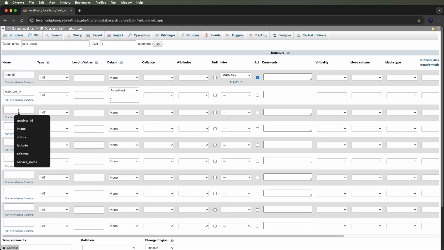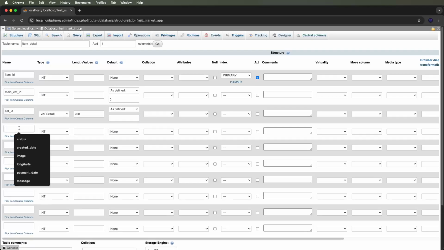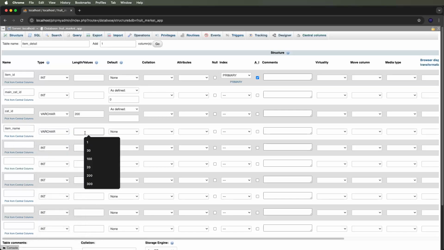Then, for the category cat ID configuration, multiple categories may be available, so we give it varchar with the value 200 and set it blank. Afterwards we give the item name as varchar and set the value 75,